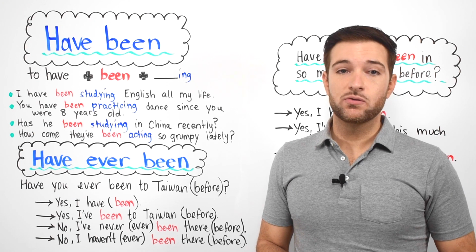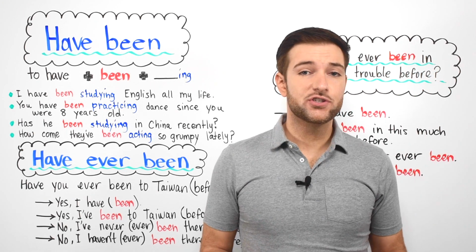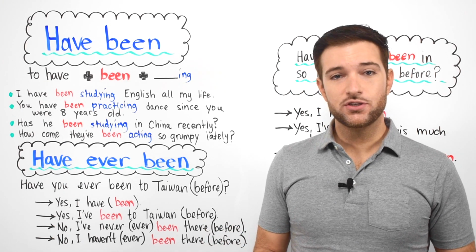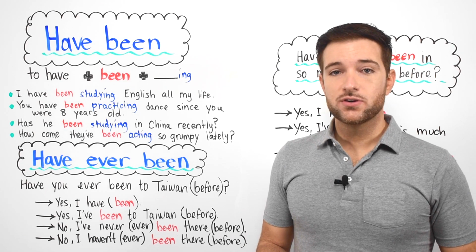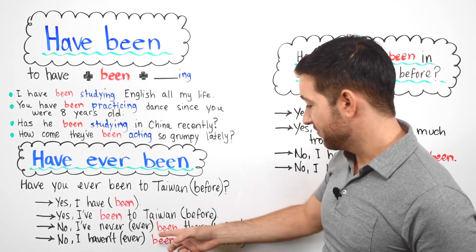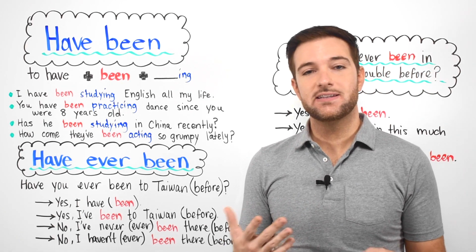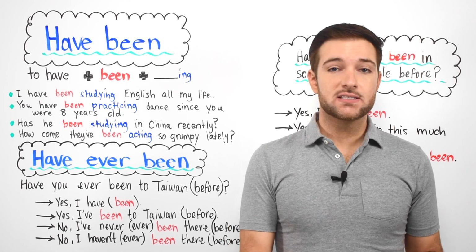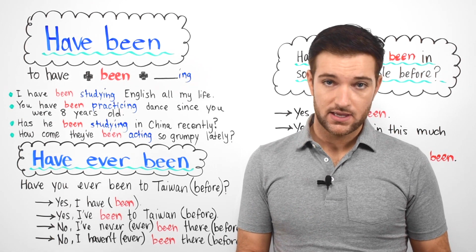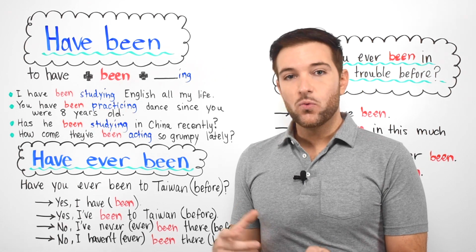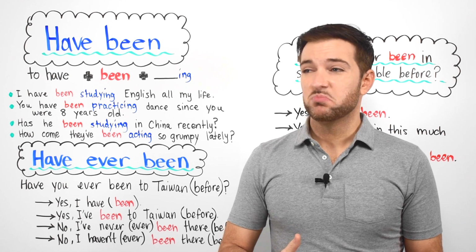All right, and when we want to talk about things we have done in our lives, but we don't want to mention the moment that we did them, we can use the present perfect tense. All right, but when we add the word, for example, ever, it changes the meaning. Okay, and instead of asking when you did something, it asks you if you did something. Okay, we're not talking about when you did something, we're talking about if you did something just as a fact